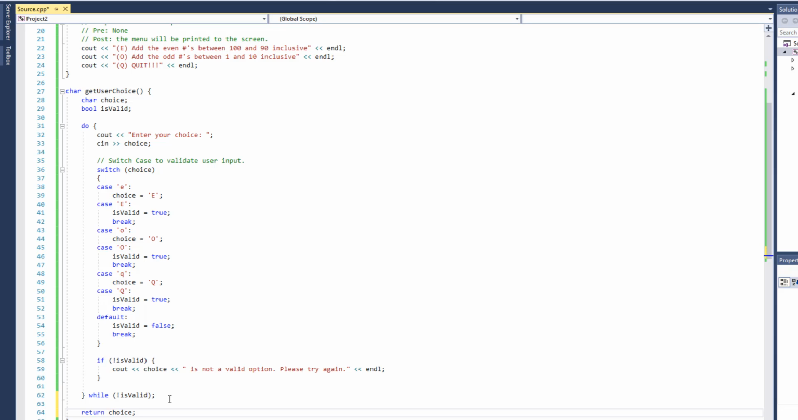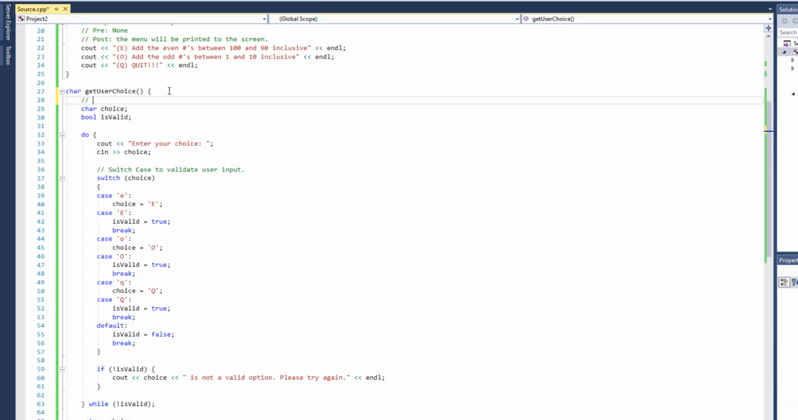We want to return the choice. So whoever calls this, they get the validated choice. And so whoever calls this function is guaranteed that they're going to get an E, an O, or a Q, which is so nice, right? We just took care of all this in the function, and we don't have to worry about it. So the purpose is to get a valid input from the user,